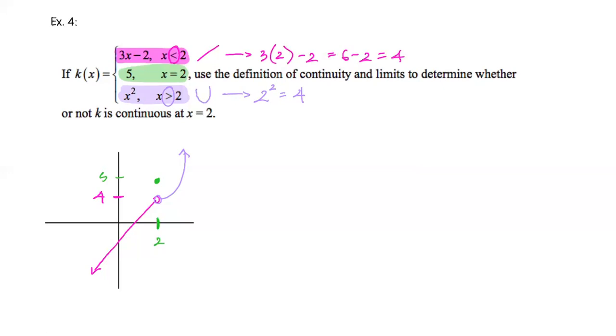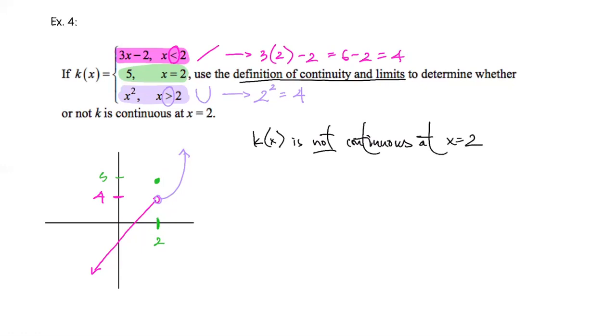But the challenge here is to use the definitions of continuity and limits to determine whether or not k is continuous. So let's use some of the language we've learned. We can say that k of x is not continuous at x equals 2 because,